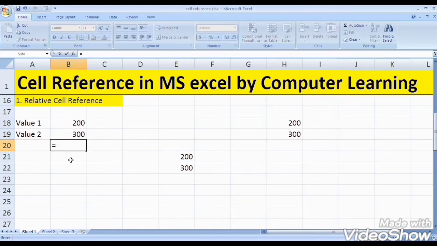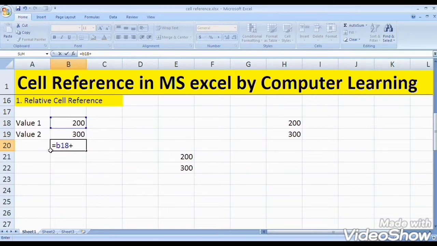That time I will use the formula equal to B18 plus B19. Both cell addresses I will select and then press the enter button. Automatically the answer will come there, 500.